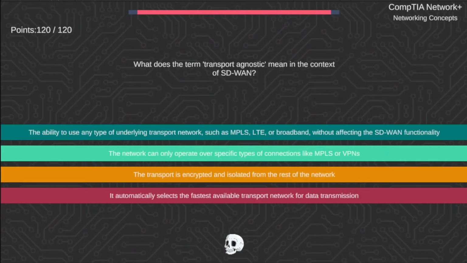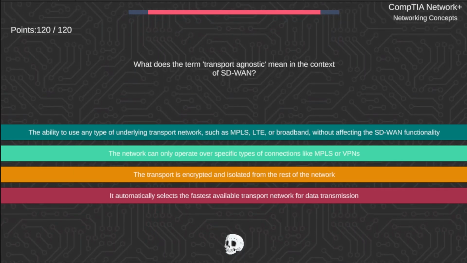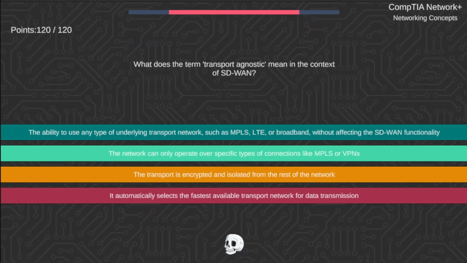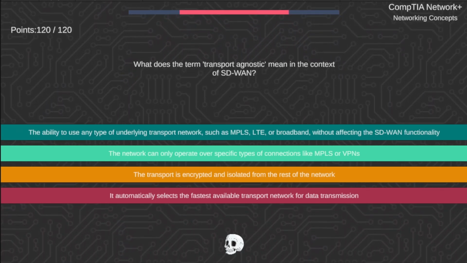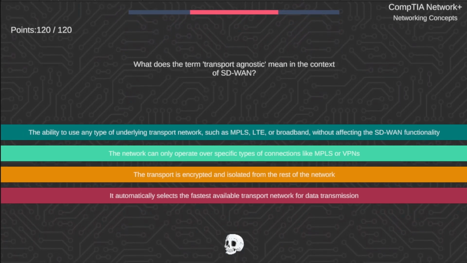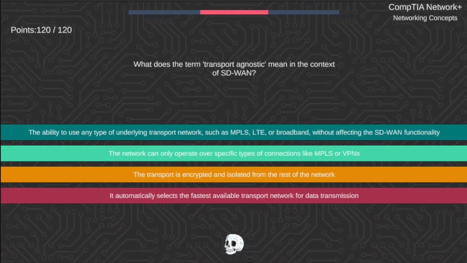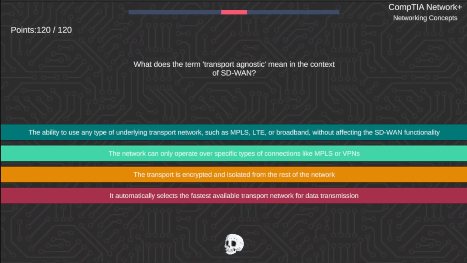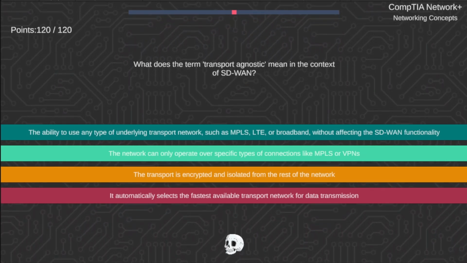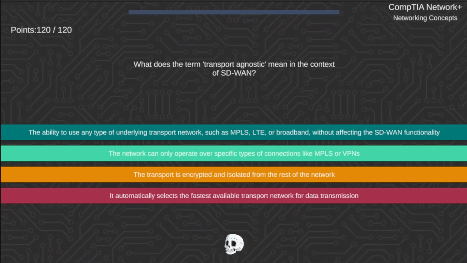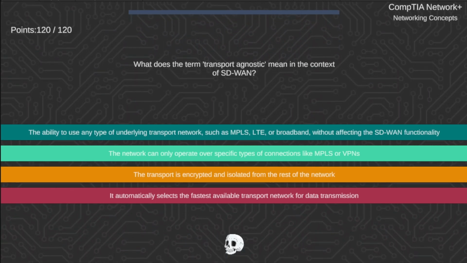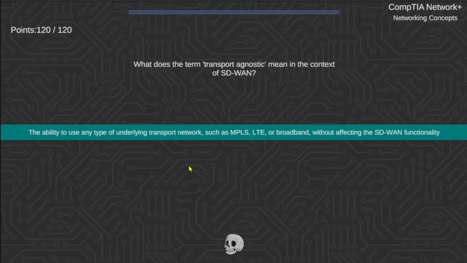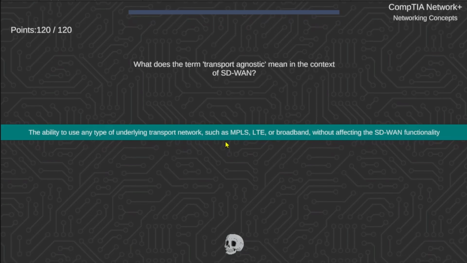What does the term transport agnostic mean in the context of SD-WAN? The ability to use any type of underlying transport network such as MPLS, LTE, or broadband without affecting the SD-WAN functionality. The network can only operate over specific types of connections like MPLS or VPNs. The transport is encrypted and isolated from the rest of the network, or it automatically selects the fastest available transport network for data transmission. What does the term transport agnostic mean in the context of SD-WAN? Correct answer is the ability to use any type of underlying transport network such as MPLS, LTE, or broadband without